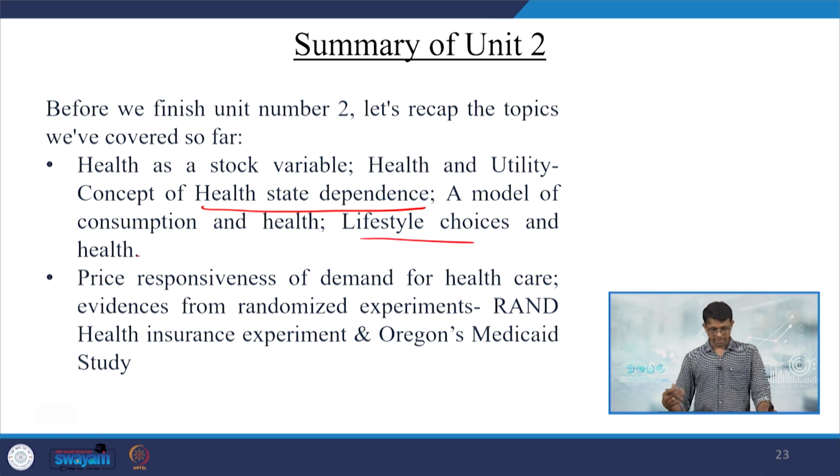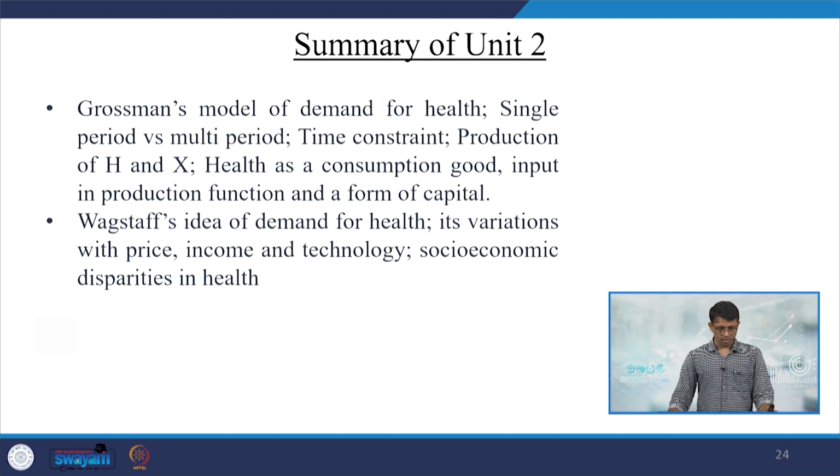Okay. Then we discussed the price responsiveness of demand for healthcare with evidence from randomized experiments. We discussed the RAND health insurance experiment and Oregon's Medicaid study, and we also compared these two in the context of demand for healthcare. So, Grossman's model of demand for health, we also emphasized single period and multi period contexts,